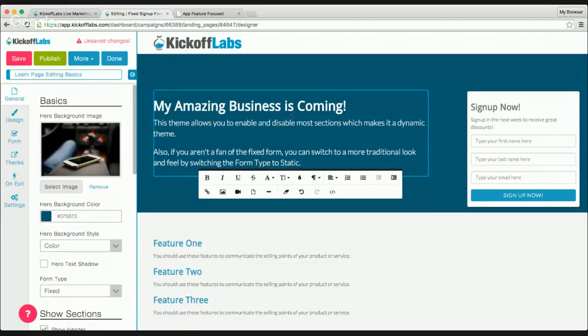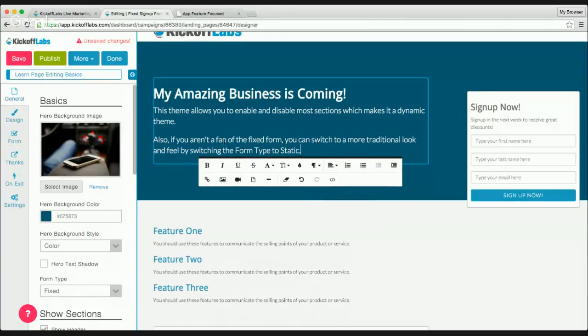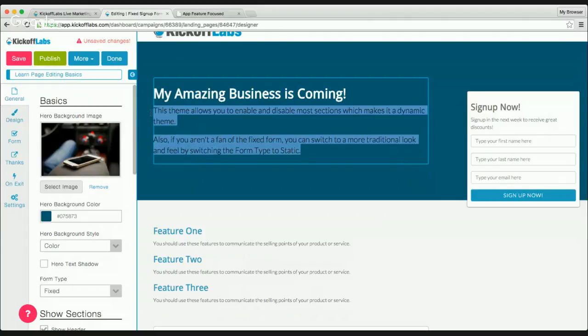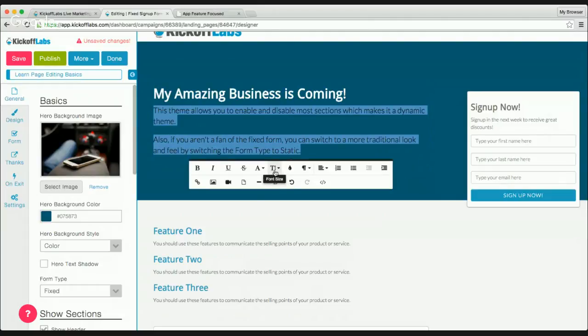The tabs to your left, these help with page design and with navigation. So you're going to find theme specific options inside of the general tab. Like I said, I could change the actual text, and I could update the font if I really wanted to, like font size.